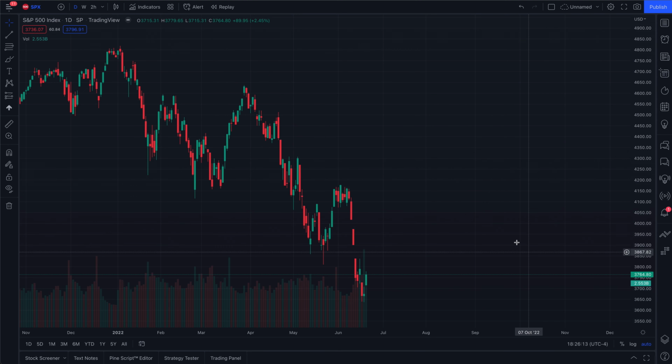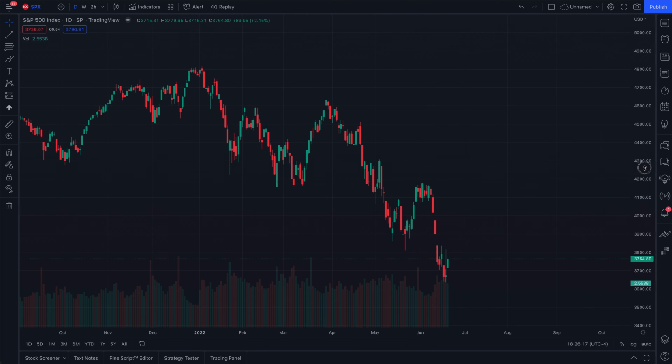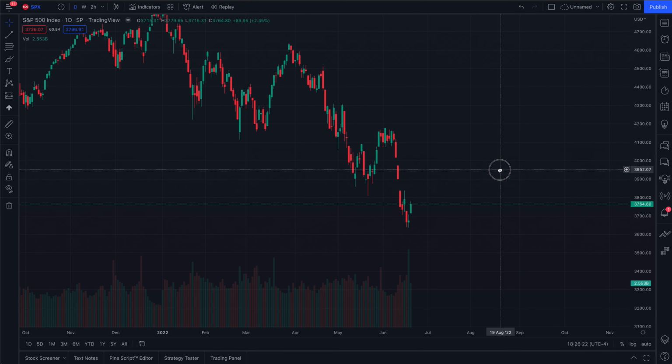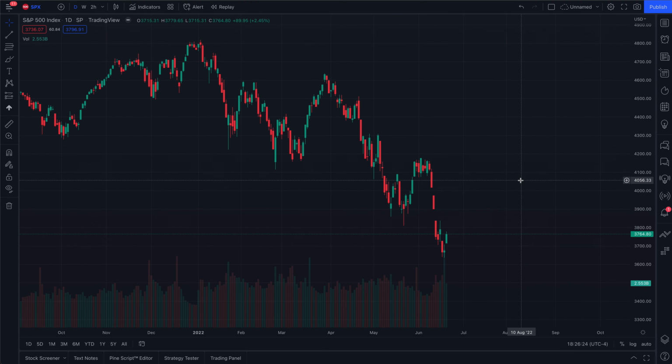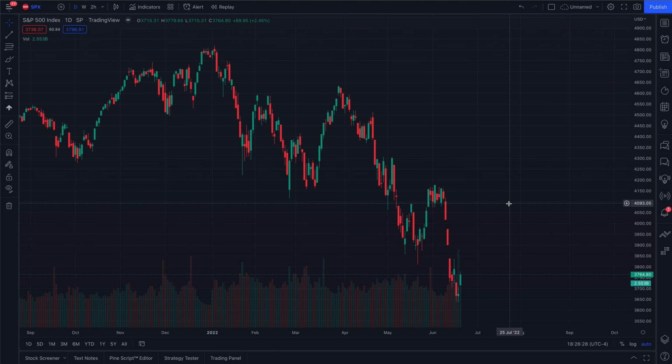If we turn this back on, the secondary way to turn that off would be to click and drag anywhere in your price axis, and what that will do is deactivate the auto scale, and now once again we have free form control of the chart window itself. We'll pop auto back on, and with all of that out of the way, let's dive right into our first